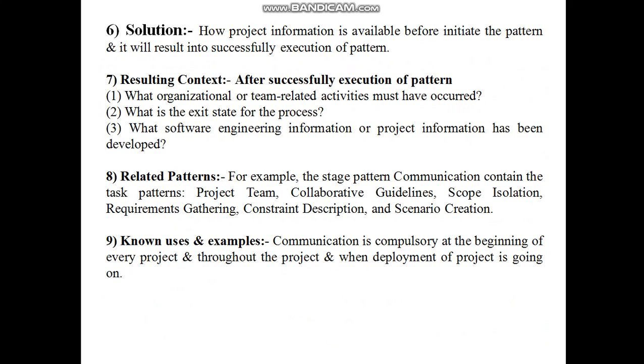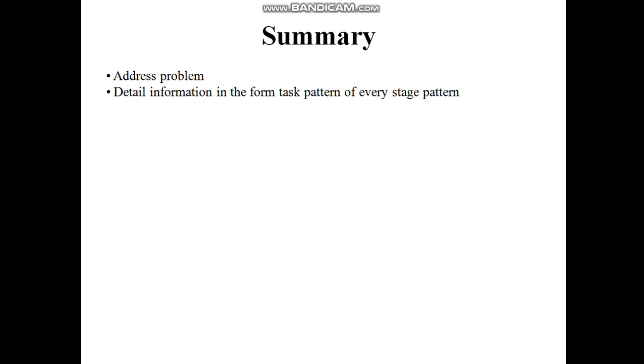Then related pattern. For example, the stage pattern communication contains the task patterns: project team, collaborative guidelines, scope isolation, requirement gathering, and so on. Then known uses and examples. That means communication is compulsory at the beginning of every project, throughout the project, and also when development of the project is going on. So summary is